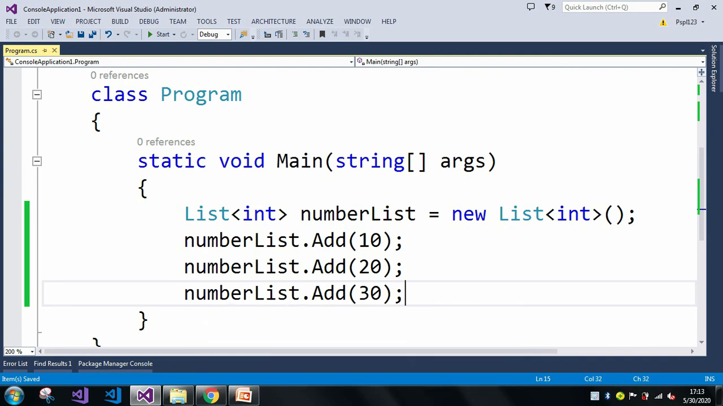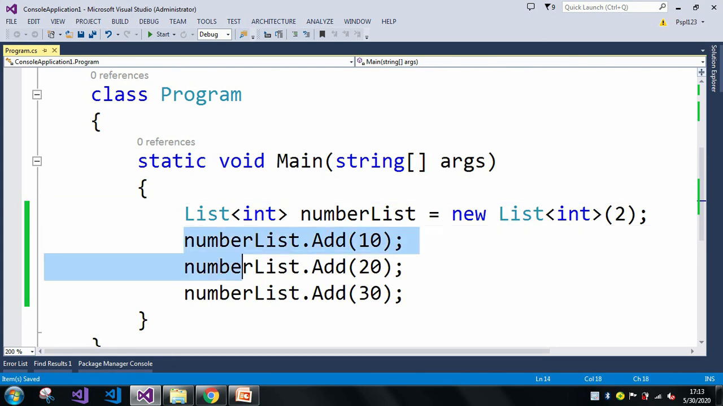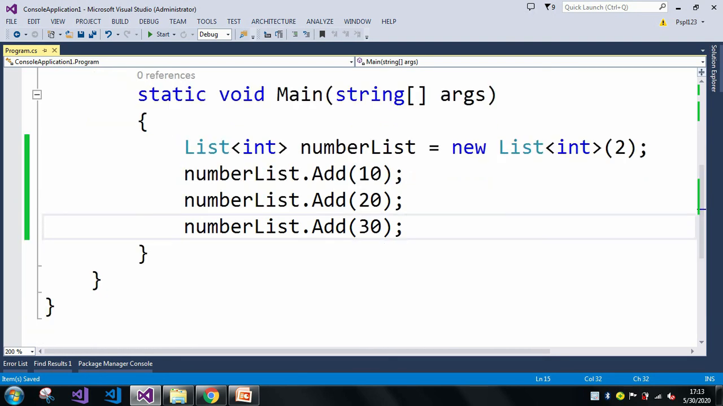So right now I just added 3 values in my number list, but I can add as many number of values into it, so it will not throw any type of error or exceptions. But let's say I just add here 2, which means I need to add only two items into my list. But if I add a third item, during the compile time it will not throw any kind of error or exceptions,